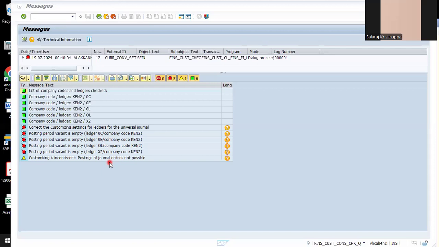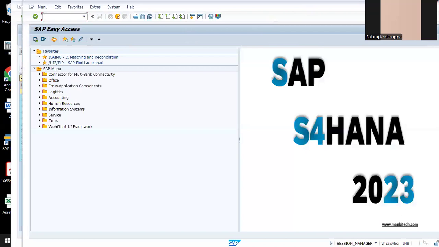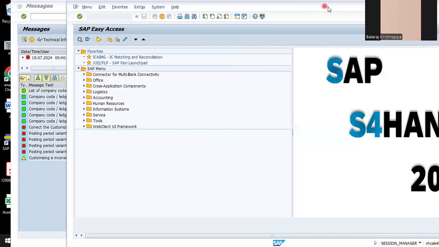Whenever another person who is using this SAP demo system assigns 0L to a company code, or to an underlying ledger, without their knowledge, it automatically assigns the ledgers to our company code. Let me show you that. To solve this error for universal journal, we should go to